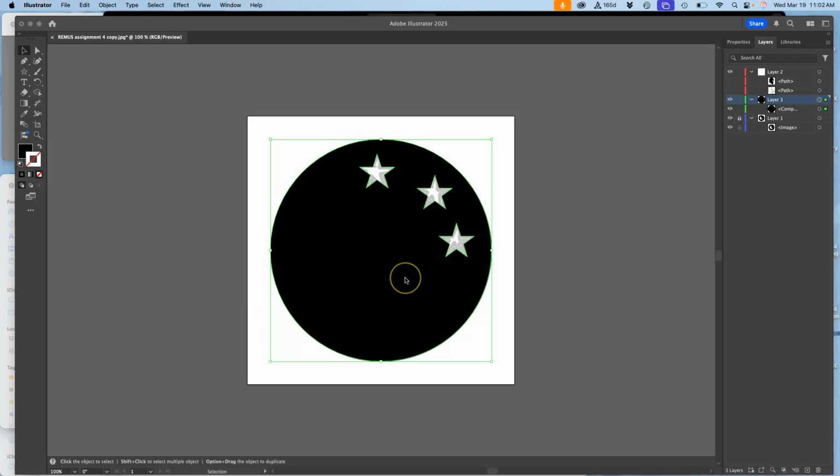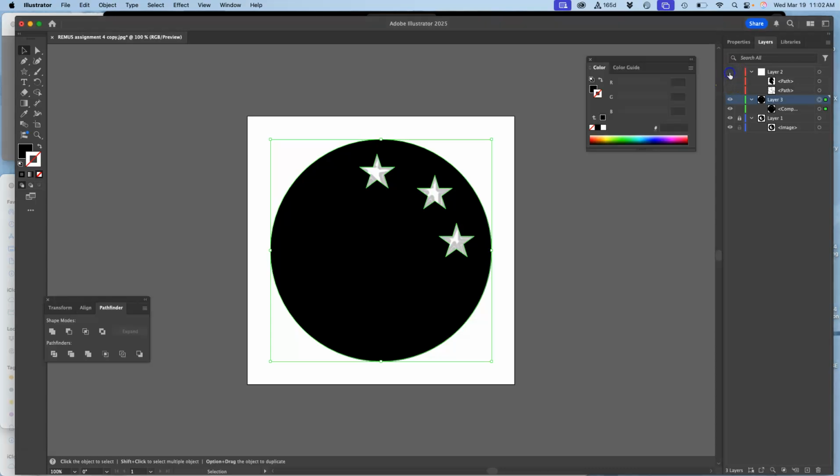All right, today's class is all about getting our black vector shapes as clean as we can and really being able to control them within Adobe Illustrator. So once you know what to use and how to control them, it can actually go pretty fast. So that's why I'm actually demoing on Remus's logo here,